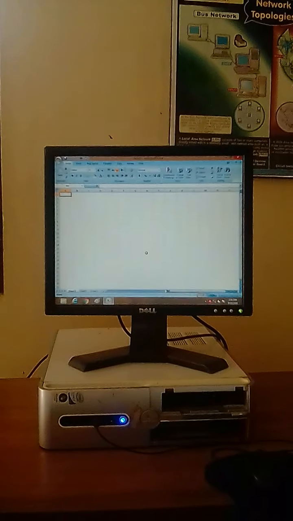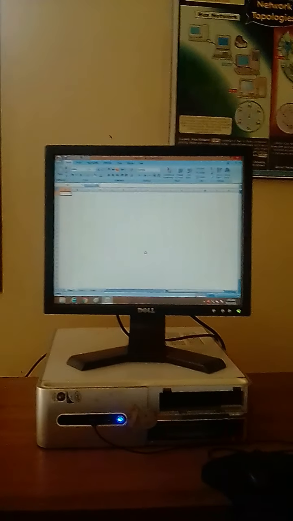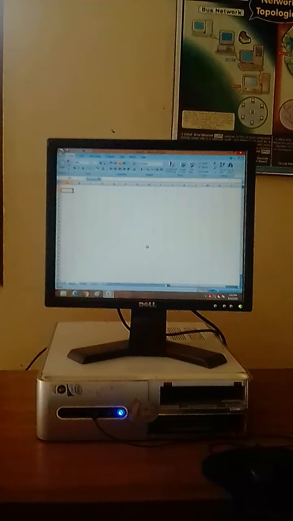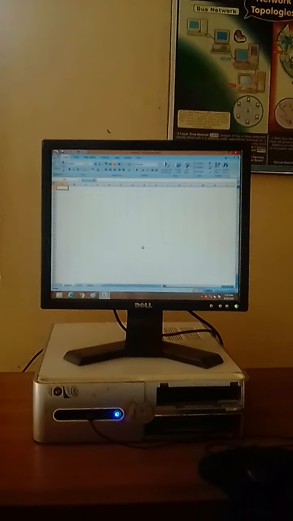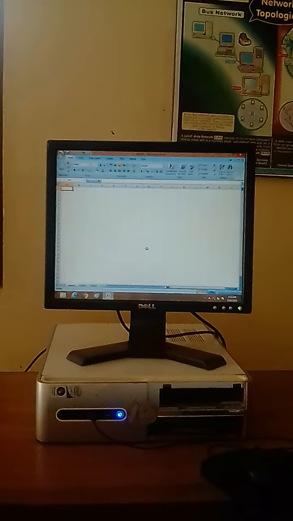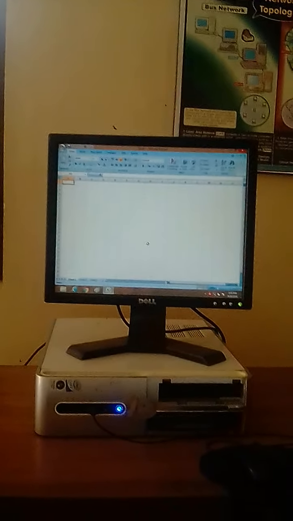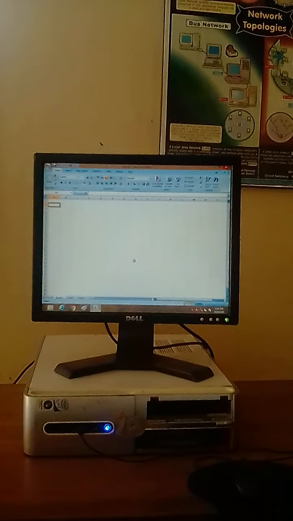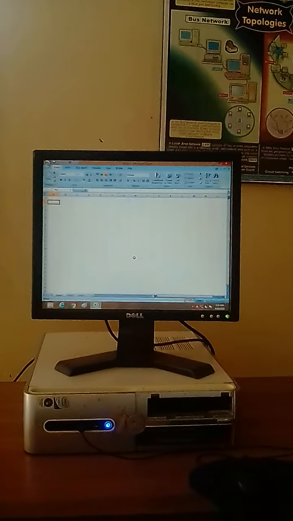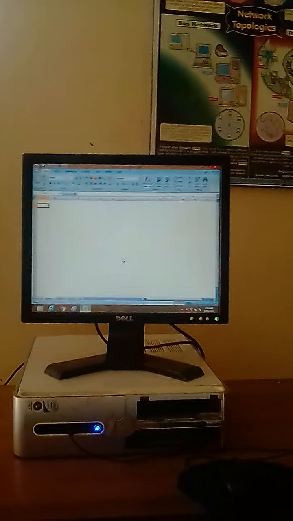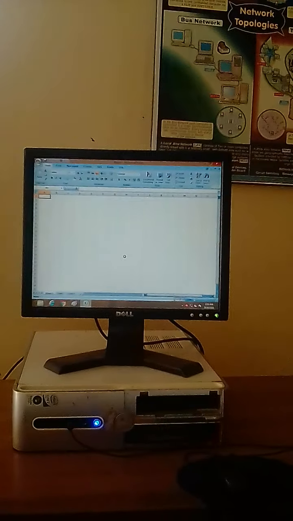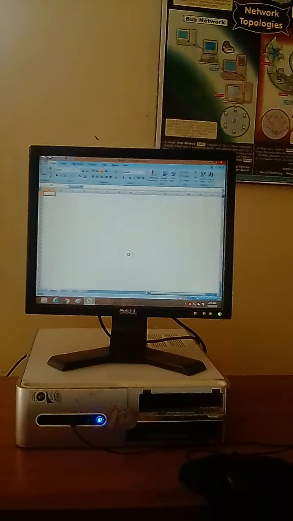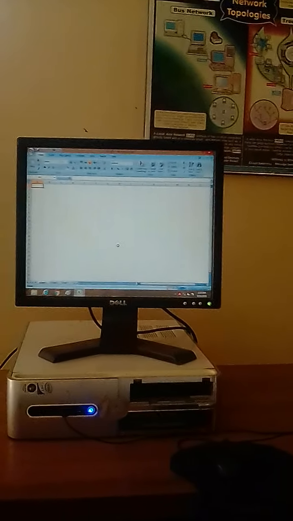So dear students, each entry or each cell, for example here there is A, so here it is column A, row number 1. If you move the cursor below, then you can say column A, row number 2. Okay dear students, so A, B, C are columns and 1, 2, 3 are known as the rows.